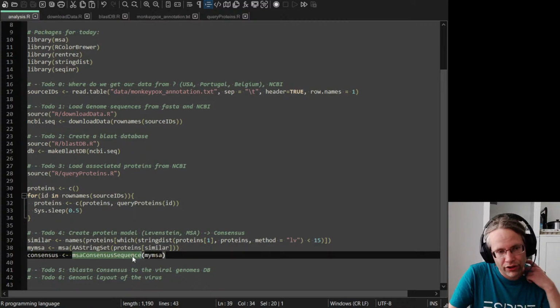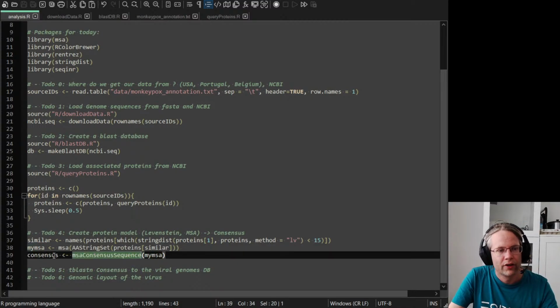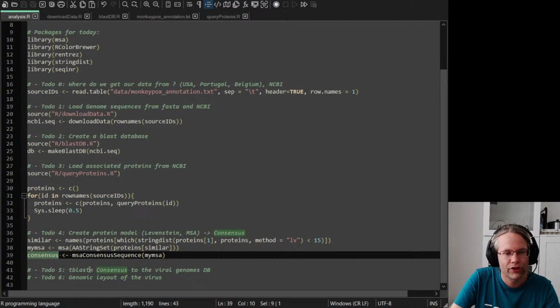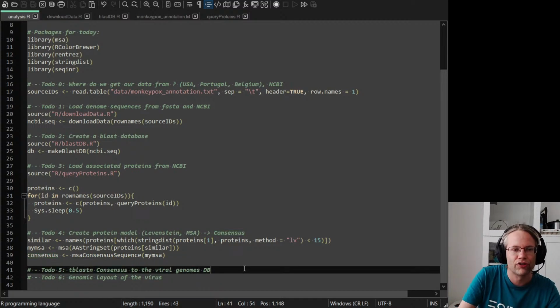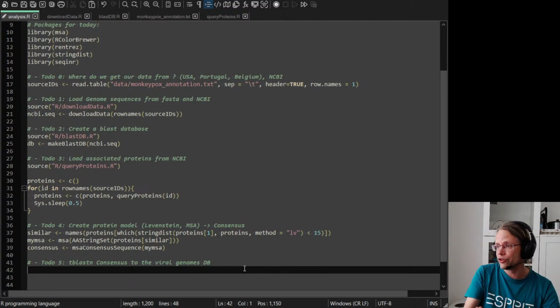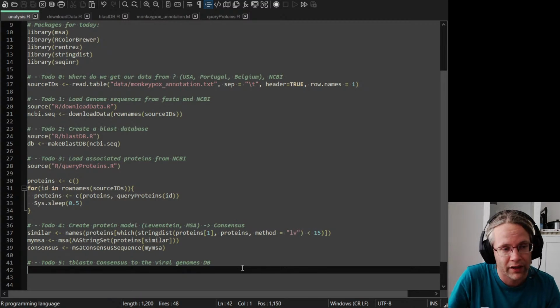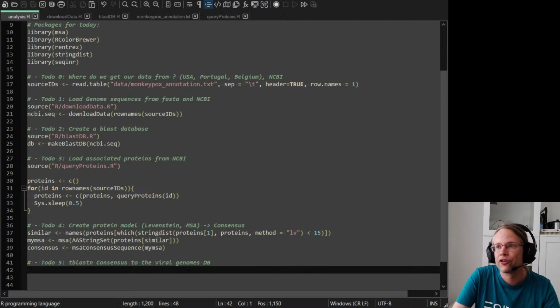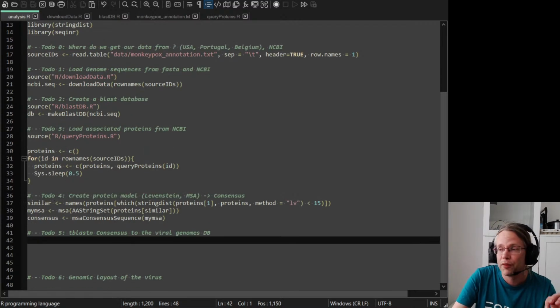So let me get this code. So my MSA, we now have our consensus sequence, and then I want to TblastN the consensus sequence to the viral genome database. So fortunately, we already built this database, so we don't have to do anything like that. So we can just use BLAST. So how do we use BLAST? Well, again, the input to BLAST is going to be a FASTA file. So we're going to do the same thing as that we did before, but this time, because I'm doing BLAST,